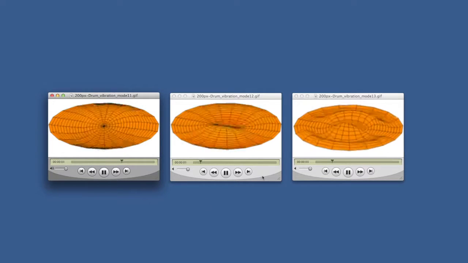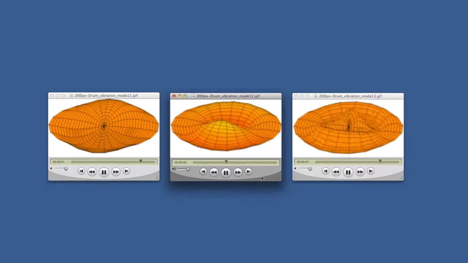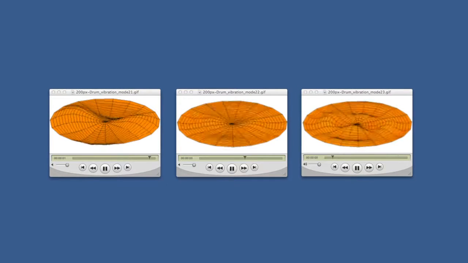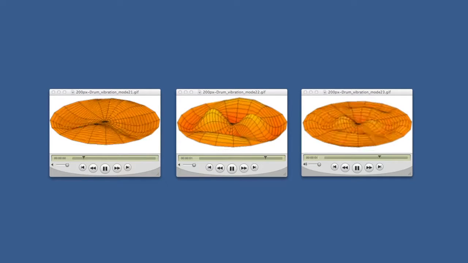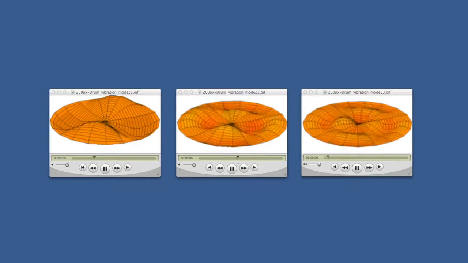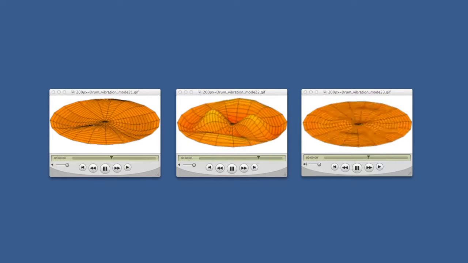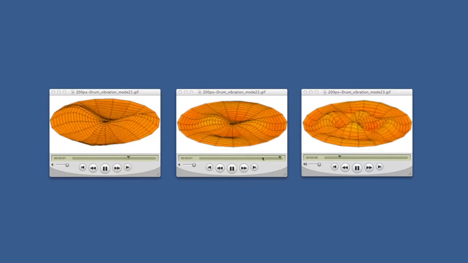And so we will now contrast these with the next azimuthal order, which is m equals 2. So here we have drum vibration shapes for the azimuthal index 2. These are non-symmetric vibrations. They have azimuthal variation, as you can see. And as we go from left to right, we are increasing the radial order, if we can call it that,